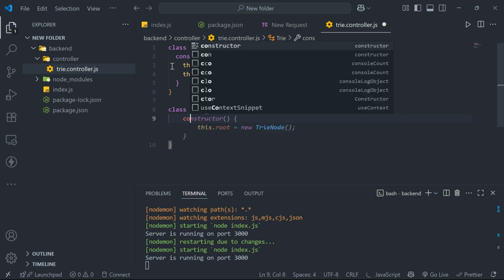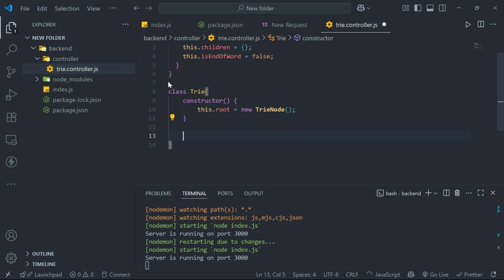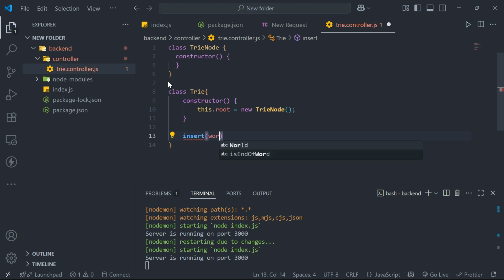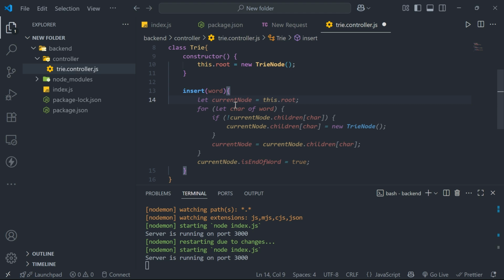Call the constructor with Trie node, and let's define the insert function with word as input, in which take current node as the root,